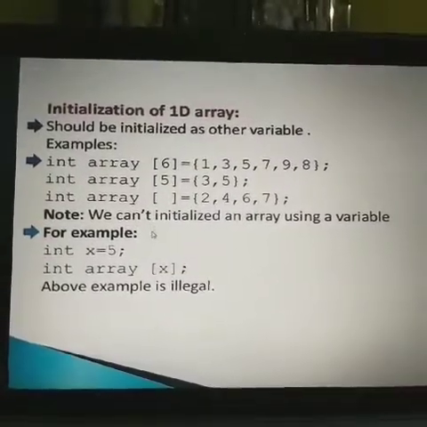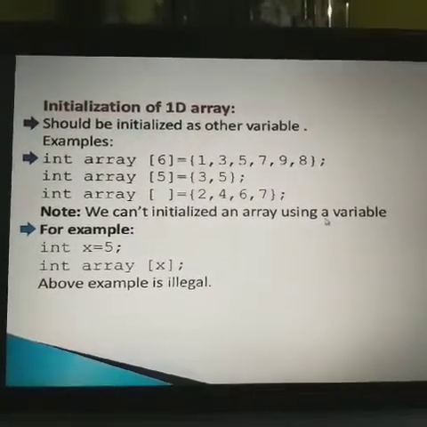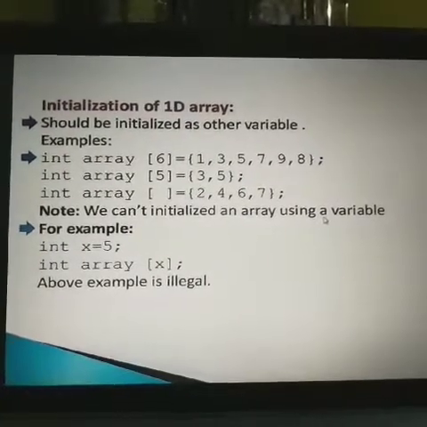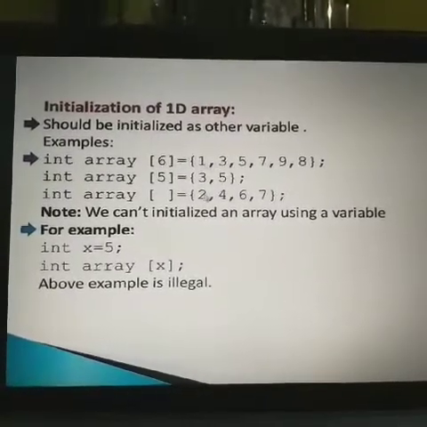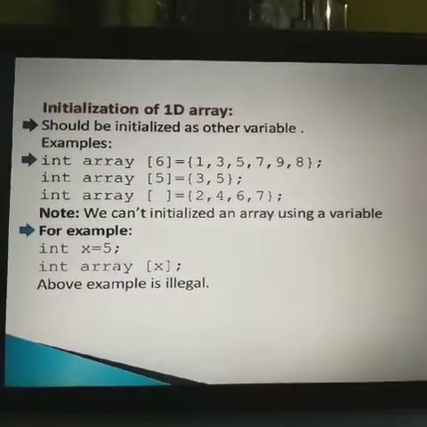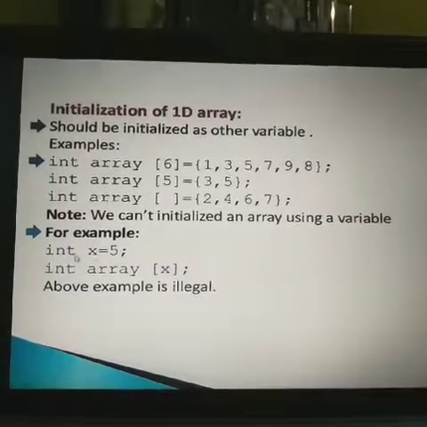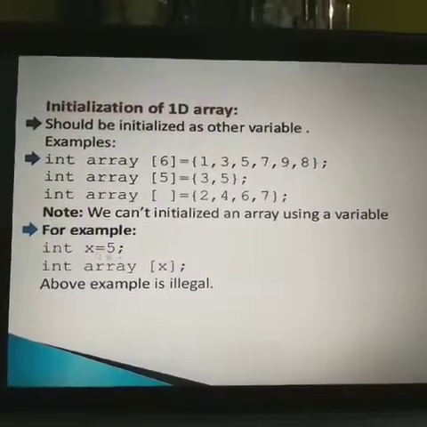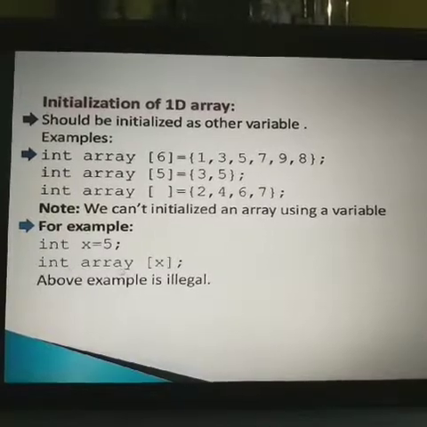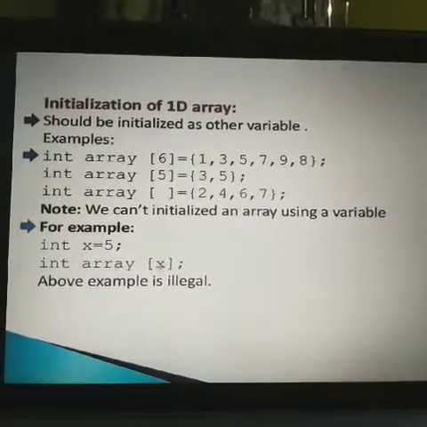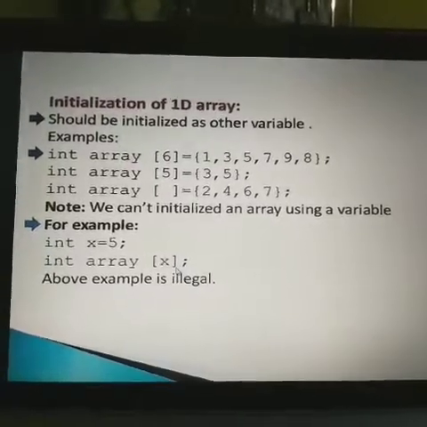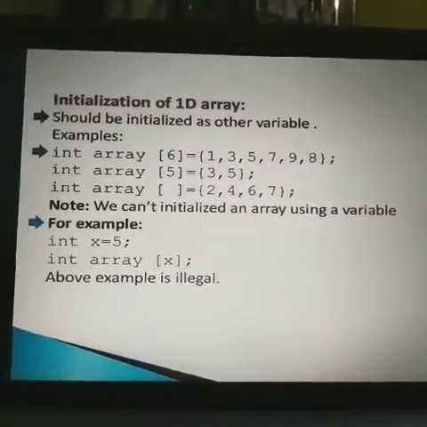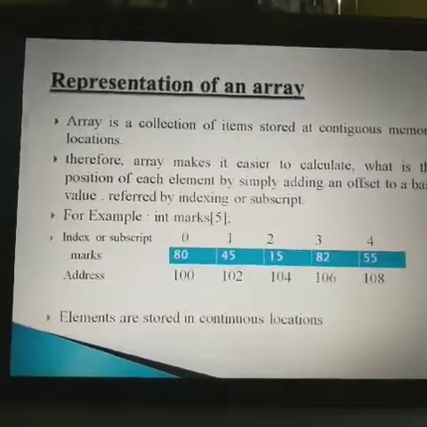We cannot initialize the array by using a variable. वेरिएबल के साथ हम उसे इनिशियलाइज नहीं कर सकते. इनिशियलाइजेशन जो होगी वो ये 3 तरह की हो सकती है. But for example, if we write a simple variable x equals 5 and then int array with x in square brackets, that is illegal and it displays an error. So how to represent an